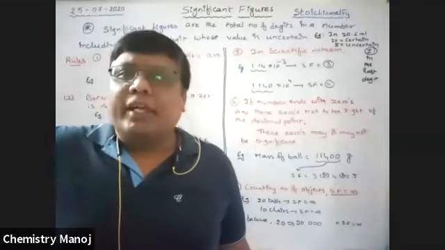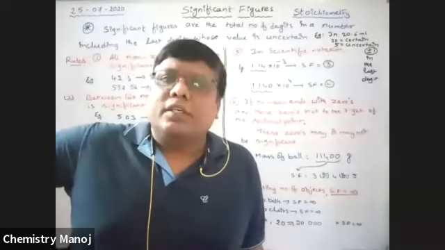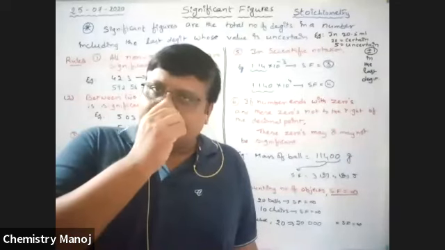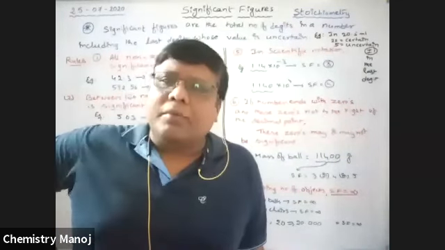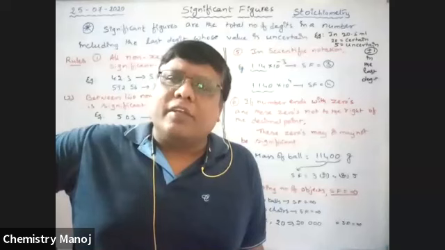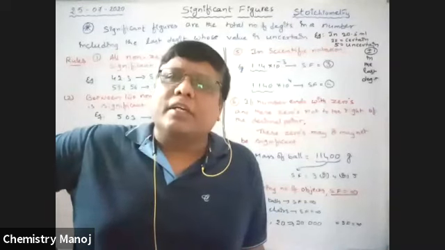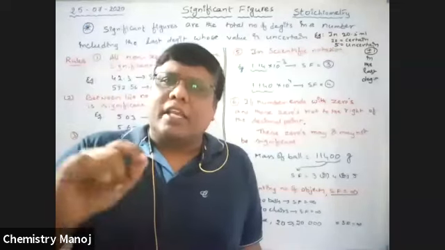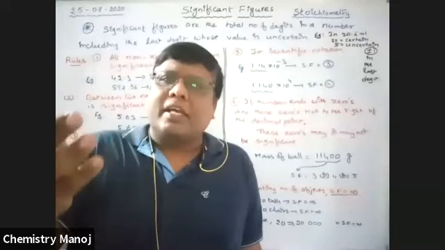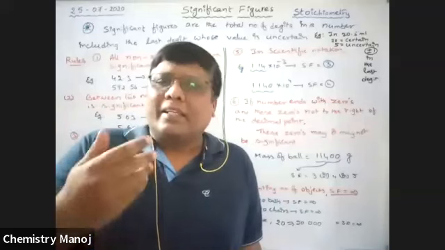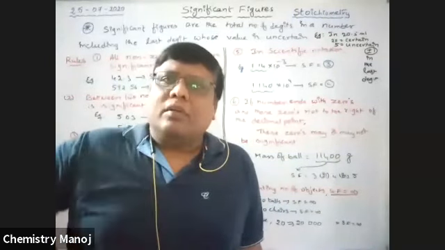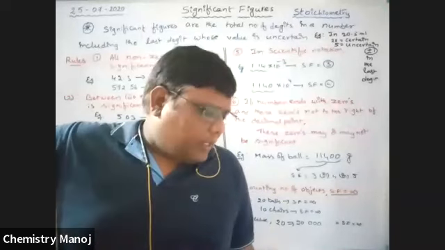Yesterday I completed how to notate scientific notation for a number. Scientific notation is applicable for very large values and very small values. That is in terms of something times 10 power something, that is 10 power minus 10, minus 12, or minus 16, or plus 16, plus 12, like this. Okay, so in the measurement,